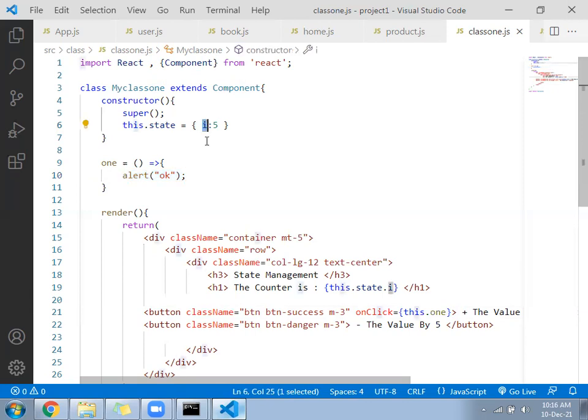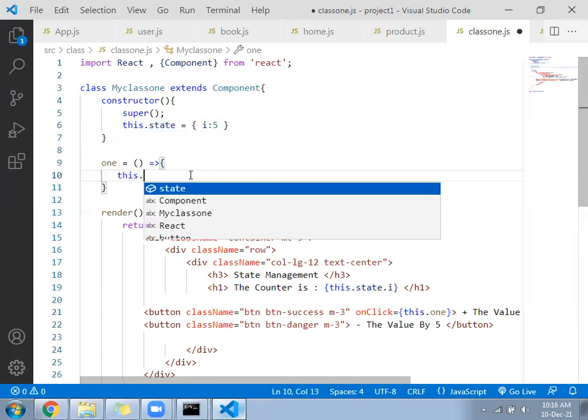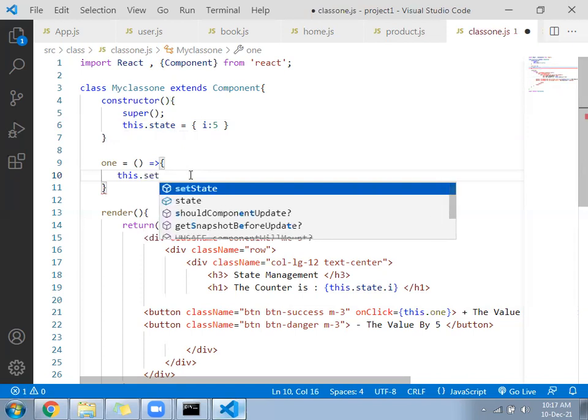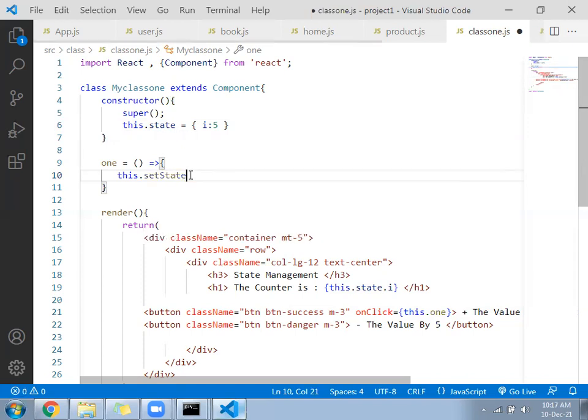Next, inside function one, we need to write the code to update the value of this i. To create the variable inside the state, we follow this.state. Now to change the value of the state, you will follow this.setState. Go here and write this.setState.